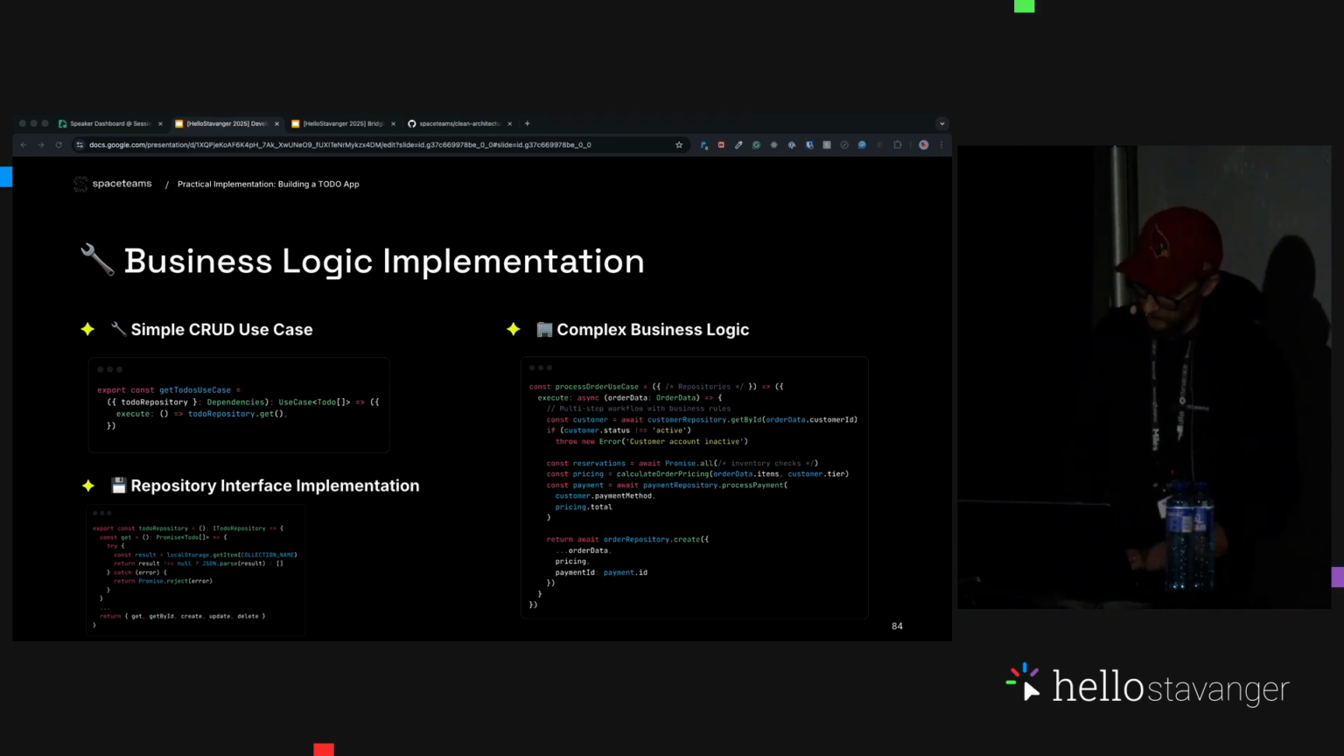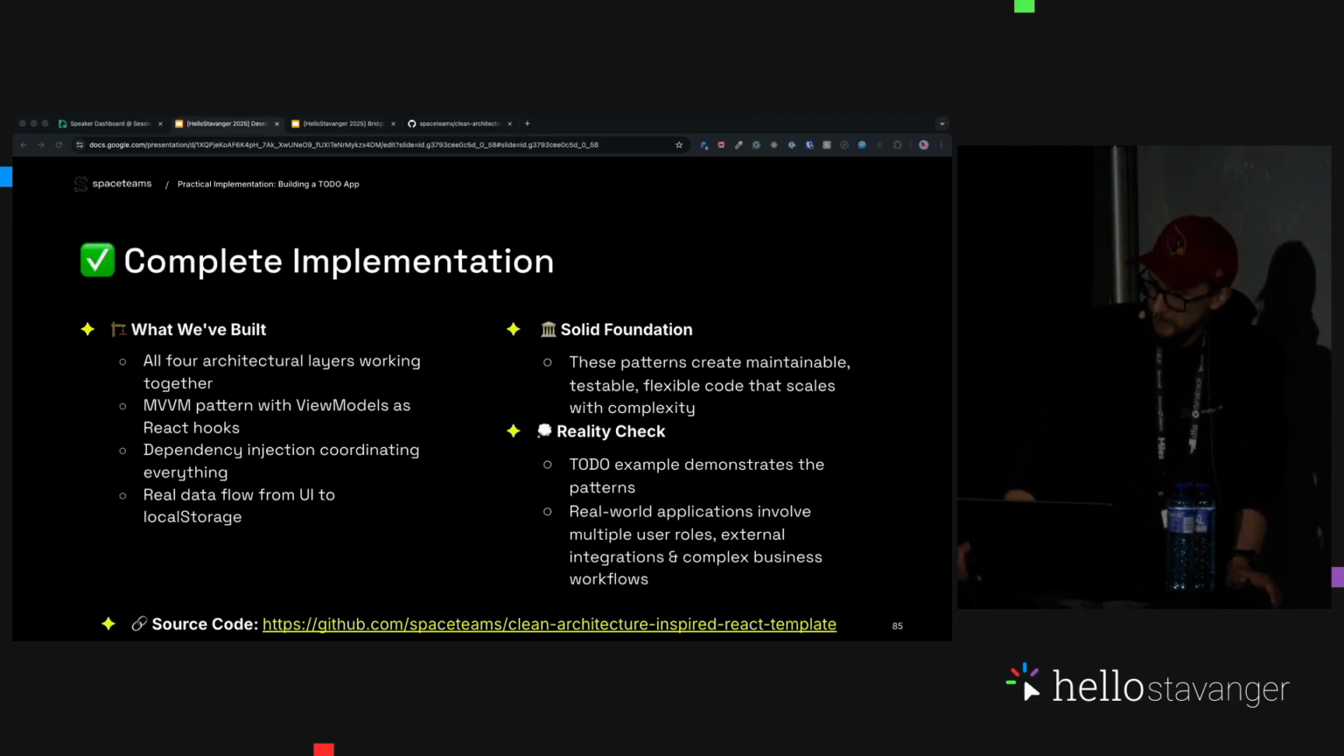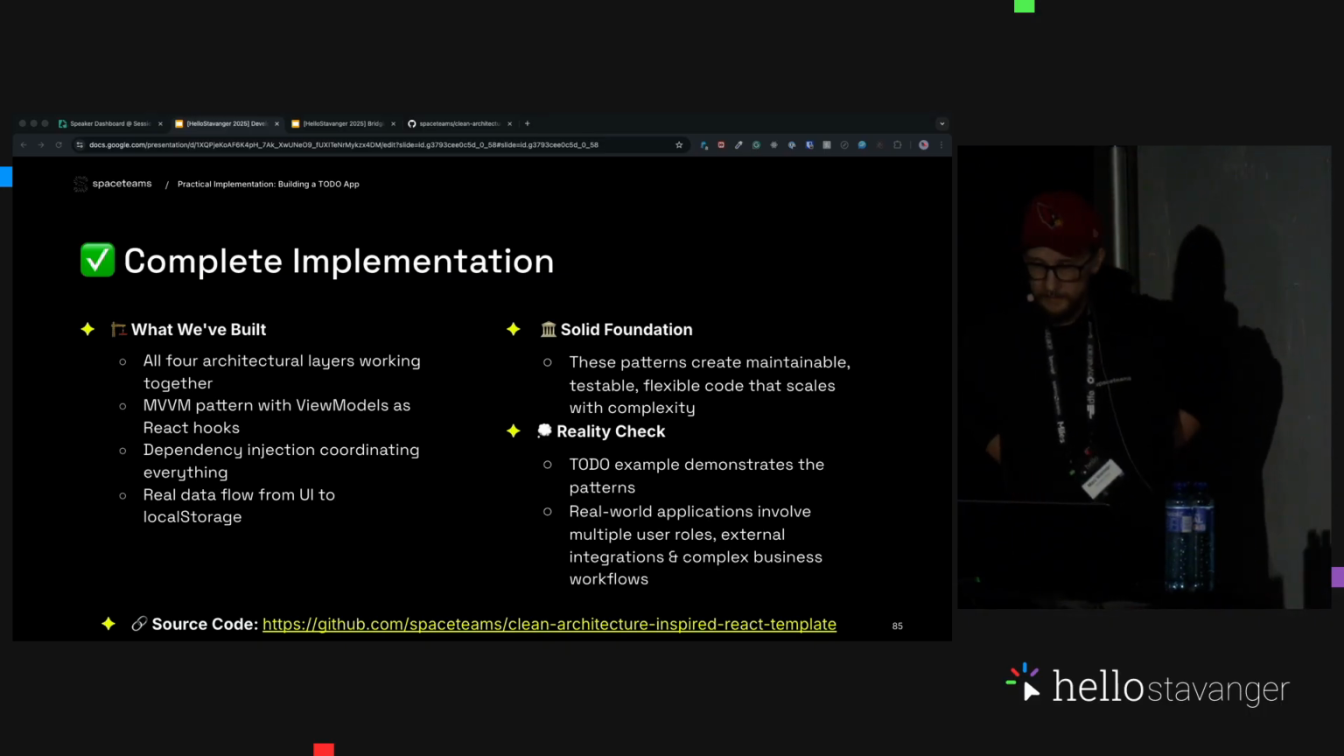So we've now seen every layer in action, from React components to local storage. This complete implementation here demonstrates how clean architecture and MVVM create maintainable and testable applications. So we've completed our journey from clean architecture theory to working React code, right? Now let's recap what we've accomplished here and what it means. So, what we've demonstrated here. You see,